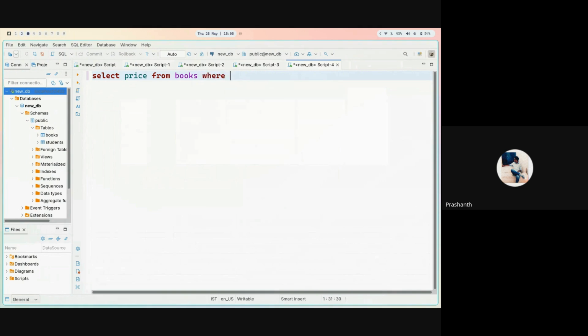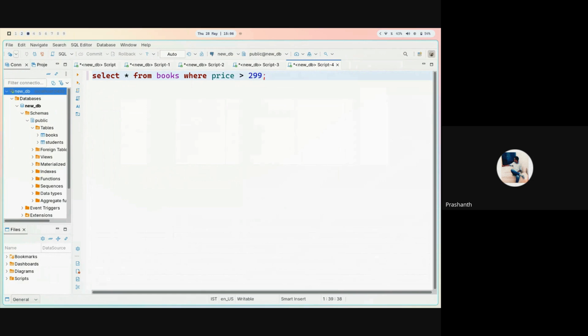Where, again, we have to create a condition, where we can select all columns where the price is greater than 299.